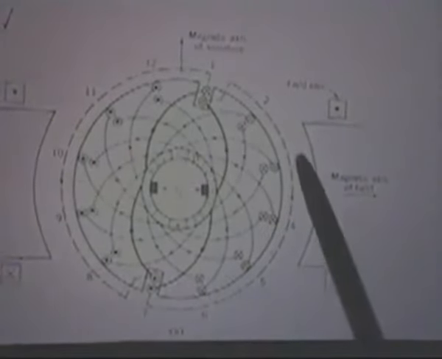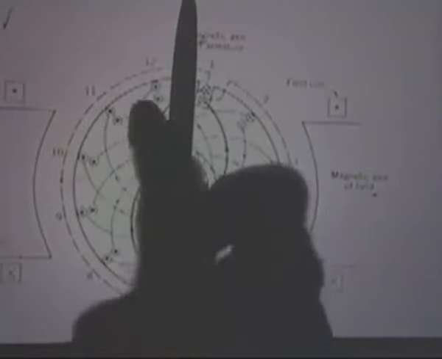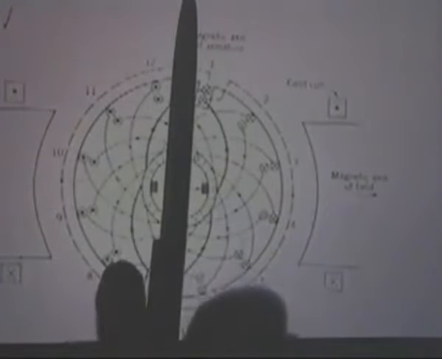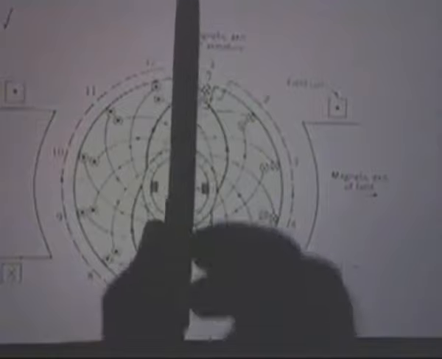As these are rotating, different slots will come under the influence of different poles, no doubt. But always the conductors on this side will carry current in one direction, and conductors on the other side will carry current in the opposite direction, with the result that the magnetic axis produced by these currents will be like this, at quadrature, whereas the magnetic field produced by the main field will be like this. So you will always ensure that there is a 90 degree shift between the magnetic field produced by the armature and the field.